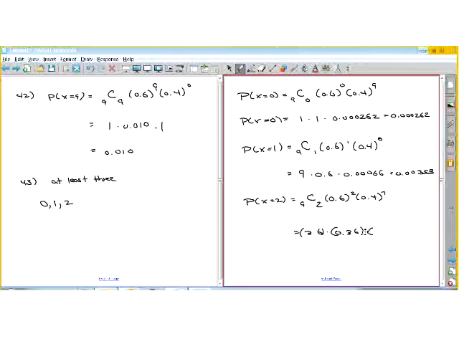And 0.4 to the 7th power is 0.00164. Multiply those all together. 36 times 0.36 times 0.00164. That'll give you